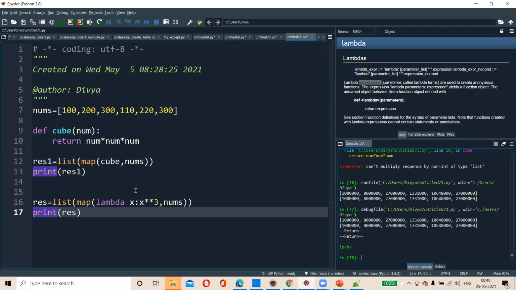Now these are concise but very difficult to debug. If you have any issues and you want to debug, it is very difficult. That's why it should be used if you know programming very well. If you don't know programming very well and you use this, you will get confused. So first of all, you need to understand this kind of topic clearly. Then you can write very little code in Python.